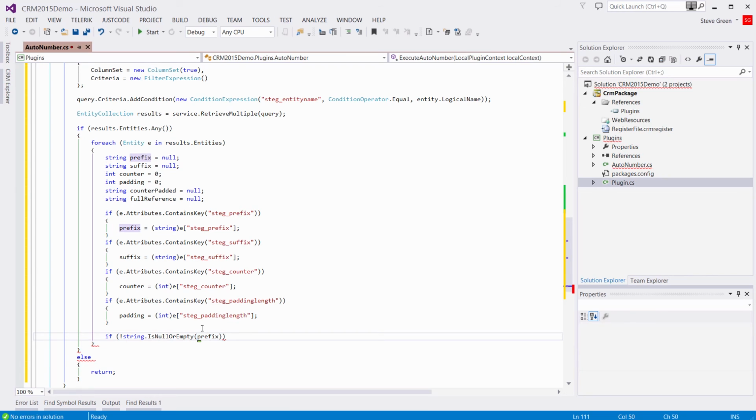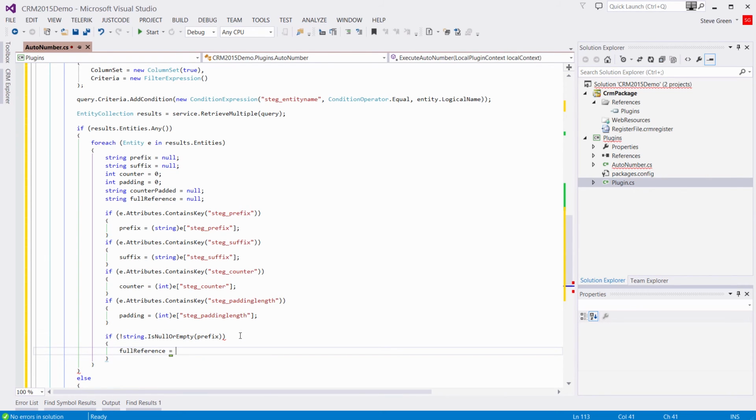So that's the little exclamation mark beforehand. So that's basically saying, is it null or empty, true or false? If it is null or empty, we'll get a true. We want the reverse of that, so we want the not, which we could have said equals false. Then